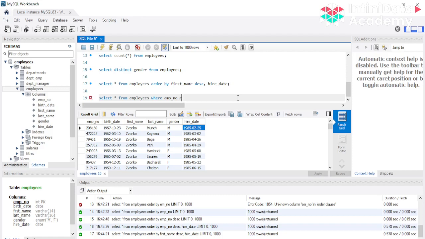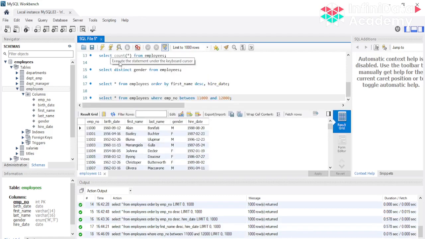So इसमें हम क्या कर रहे हैं, we are going to use the between keyword, between, let's say, 11,000 and 12,000, right? I hope 11,000 12,000 are, yep. So you can see now only the employees that are between 11,000 and 12,000 are being shown.